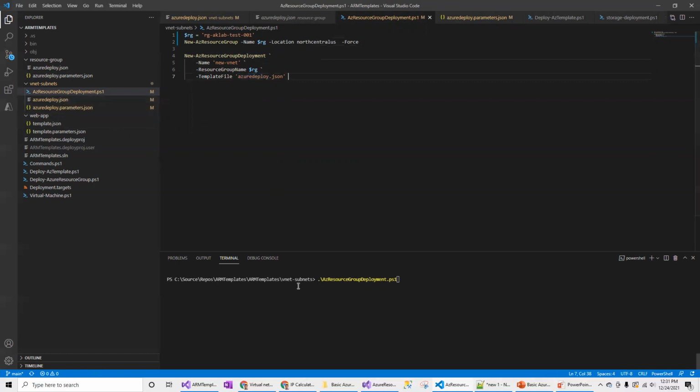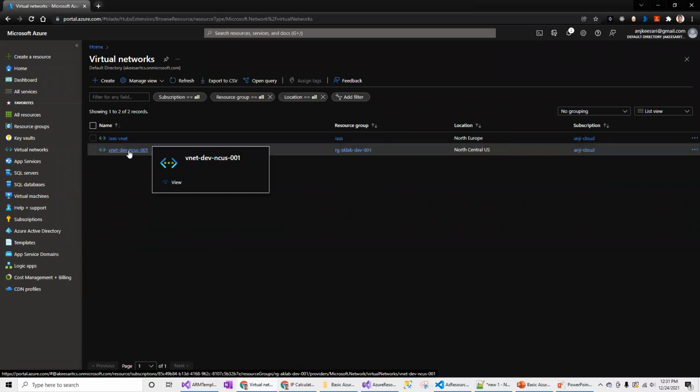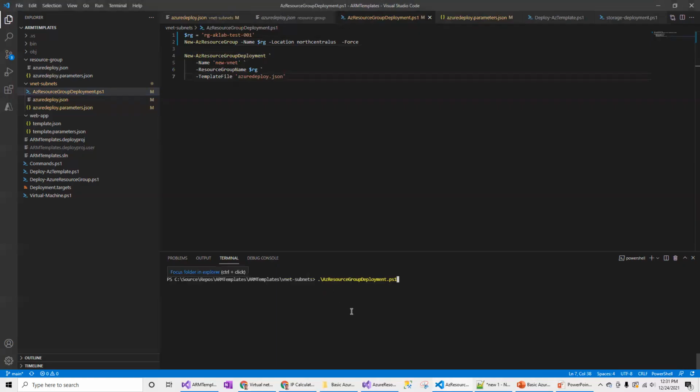Make sure that when you are in this drive, your path should be under the VNet, because all my 3 files are located under the VNet. So before I run, make sure that you go to the Azure portal and see. I have only the dev virtual network which was created earlier. Now I'm going to create the test virtual network as part of this script.